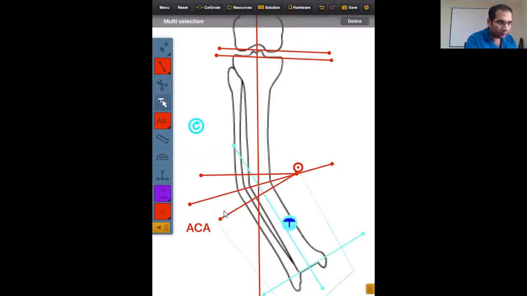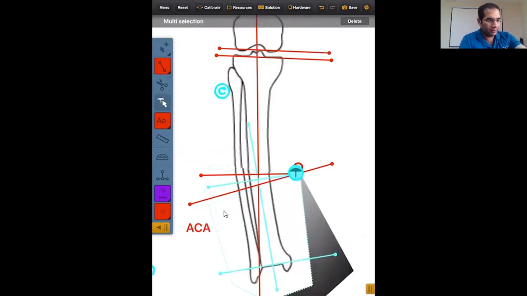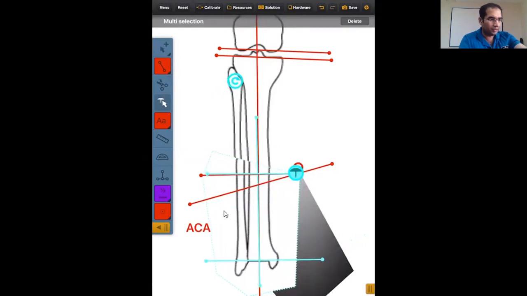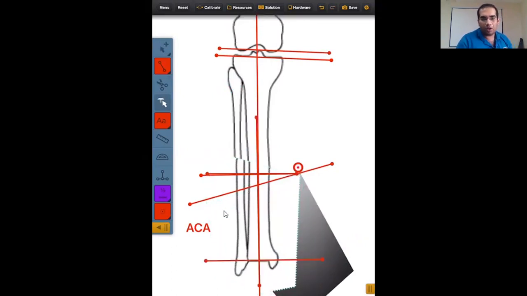Now you're asking about the lengthening: how much lengthening can be done in a single go? Let me show you this. Now look, the deformity has been corrected along with the shortening. There is no fixed rule which tells you how much bone you can remove in an acute setting. Generally, it depends upon multiple factors.